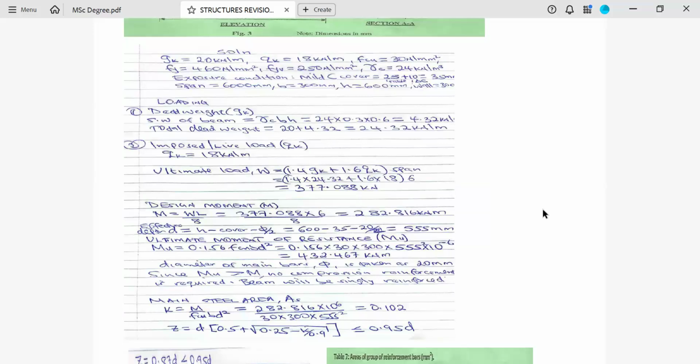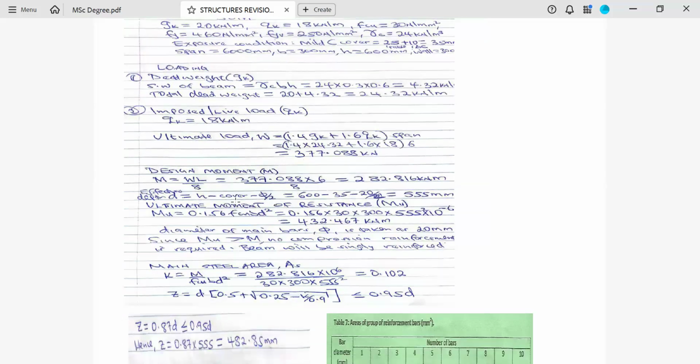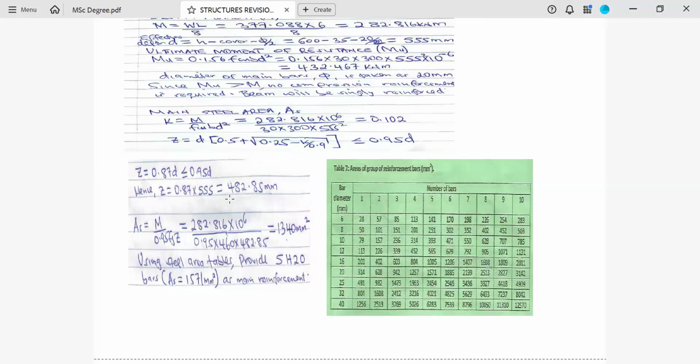So this will mean that our Z will be equivalent to 0.87 d, where we substitute our d, which was 555, and we get 482.85. Now, steel area, we proceed and say it is M, the design moment, divided by